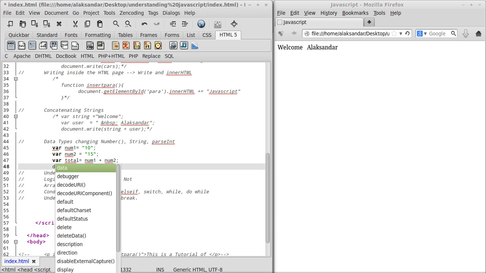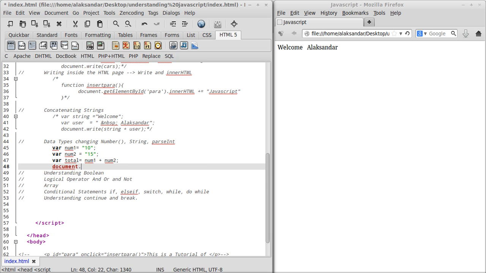So if you say document.write total, if you are asking to write what's the total, so what happens is you will be getting an answer of 1015,